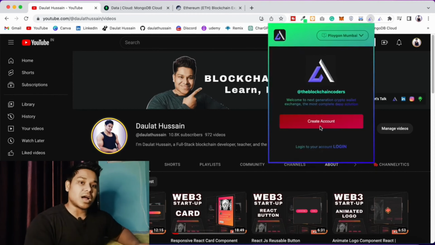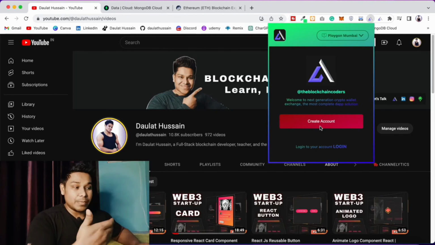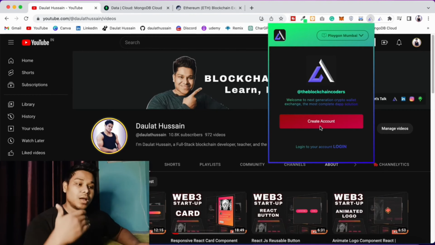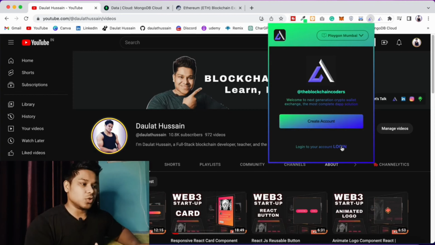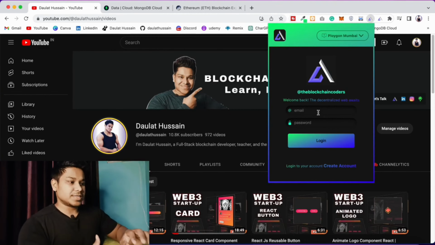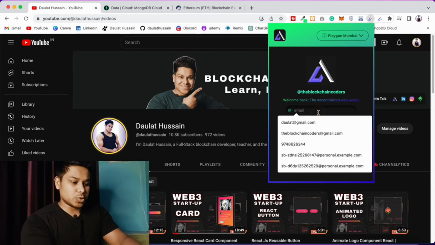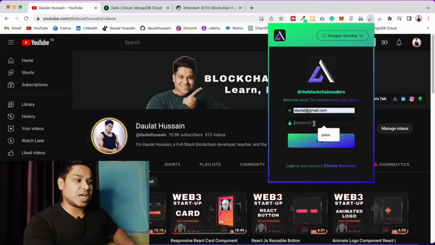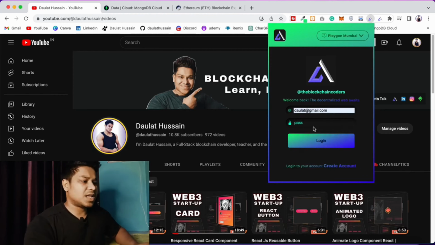And when they create their account, they will not only create their account in MetaMask, but they will also get their own private keys. So I'll come back to the login. First, let me get into my account. I'm going to simply type my credentials. I'll say Daulat Hussain, and I will type my password, and I will simply click on